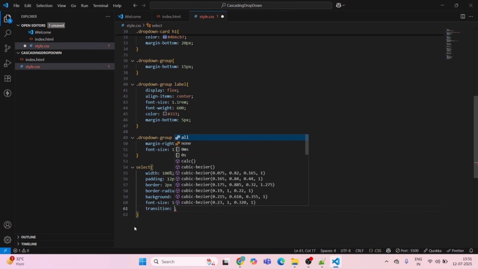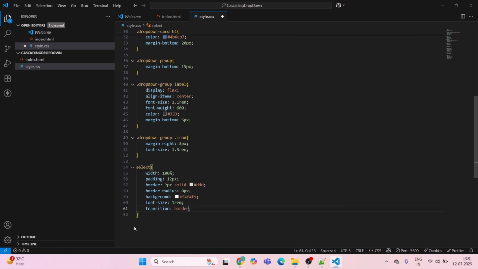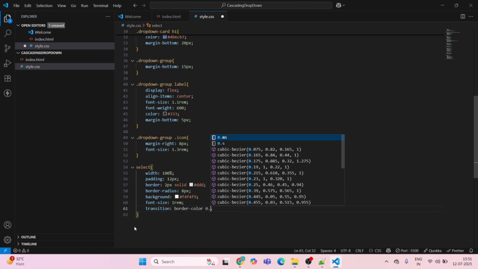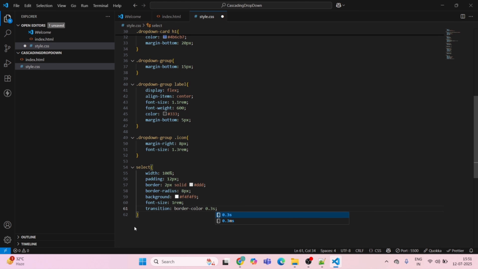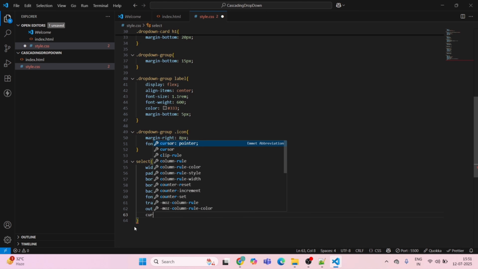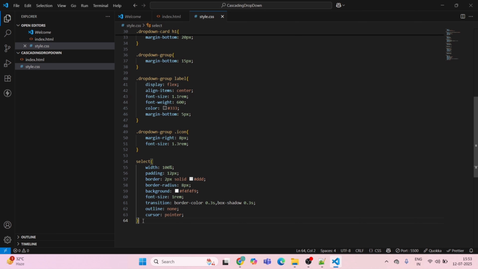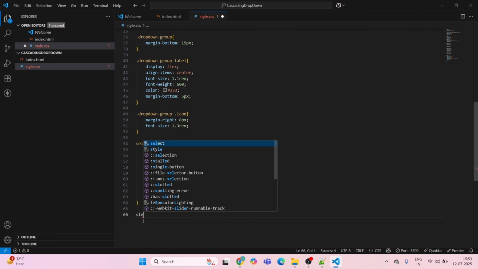Transition border-color 0.3 seconds, comma, box-shadow 0.3 seconds. Outline will be none, cursor will be pointer. When I hover on it and all those things, so select